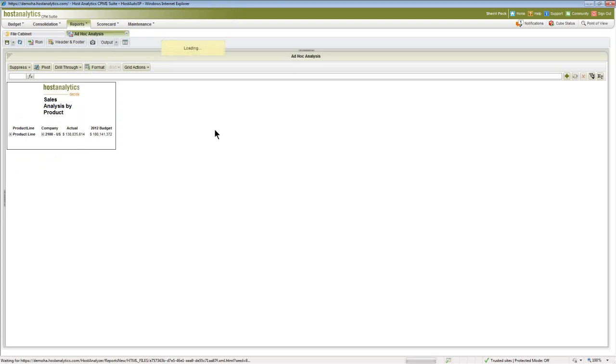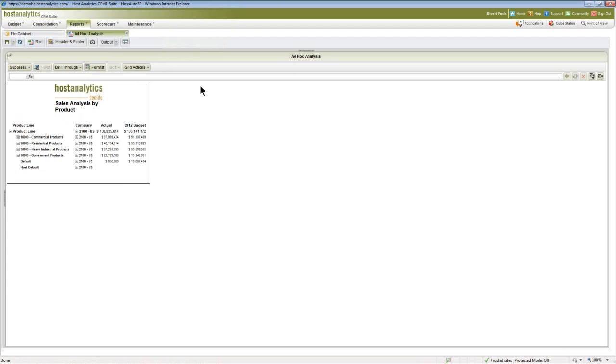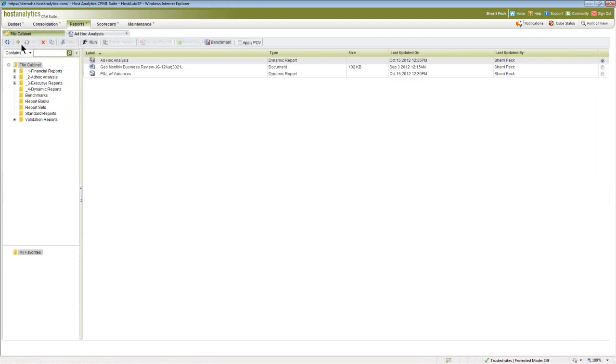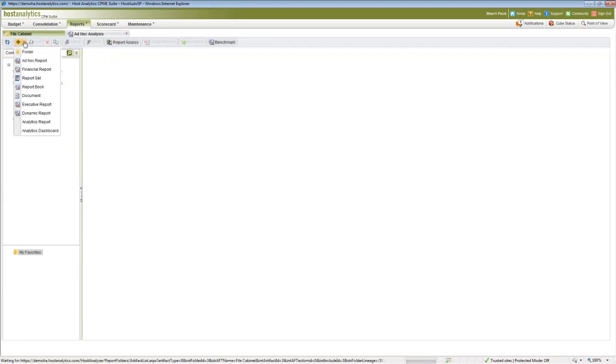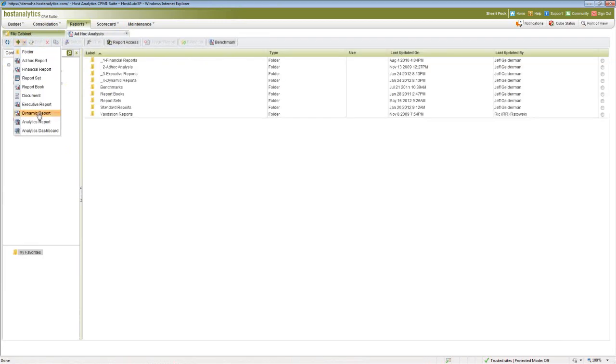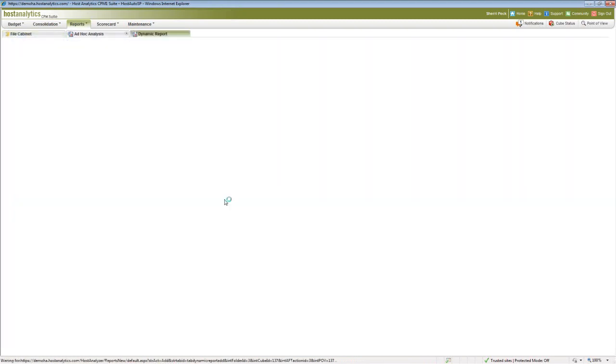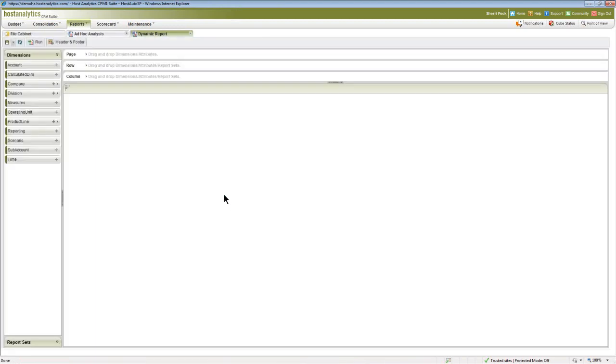If I have, let's say, financial statements that I want to be able to quickly obtain or run, let me show you how I would set up what we call a 3-click financial statement. And what we're doing is I'm going to use something called report sets. And report sets are predefined, basically, rows and columns. So in this case, the dimensions, this is how you budget or organize your business. The report sets are actually predefined sets of those.